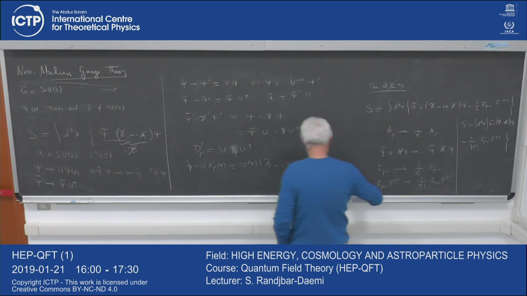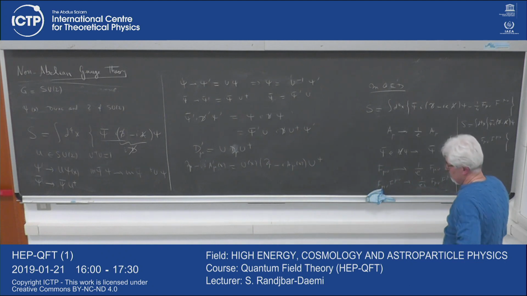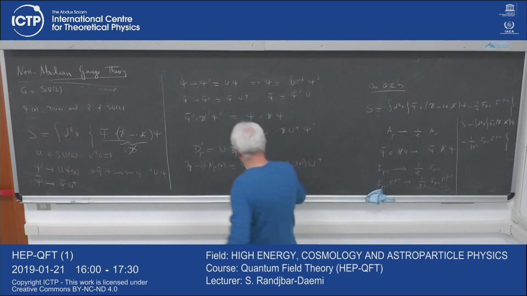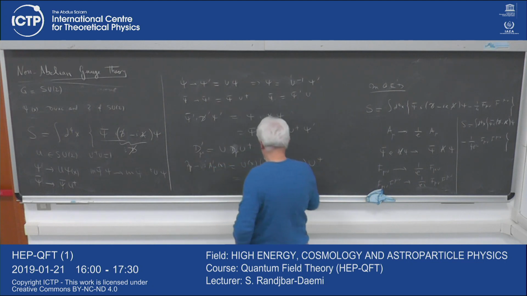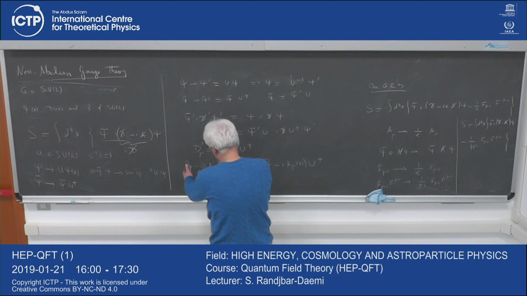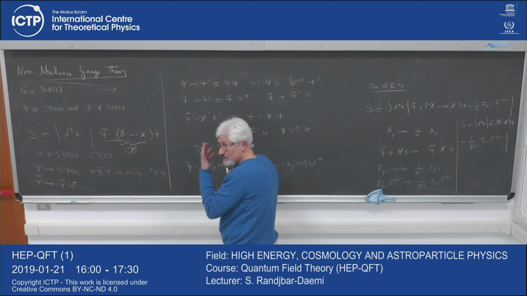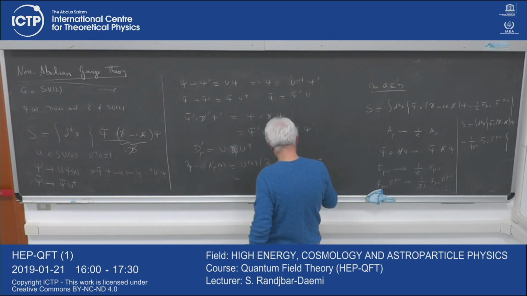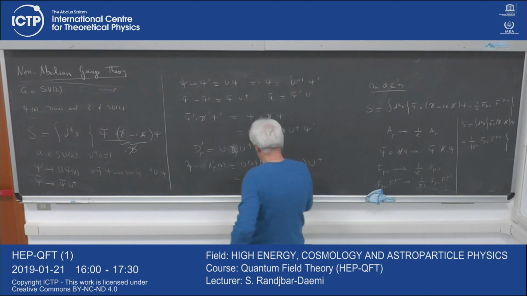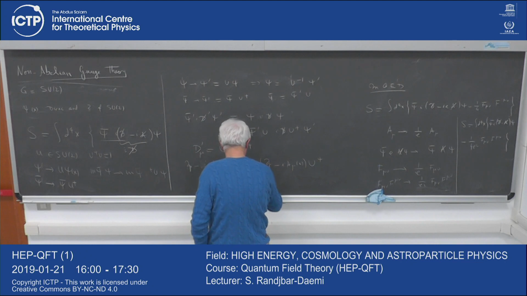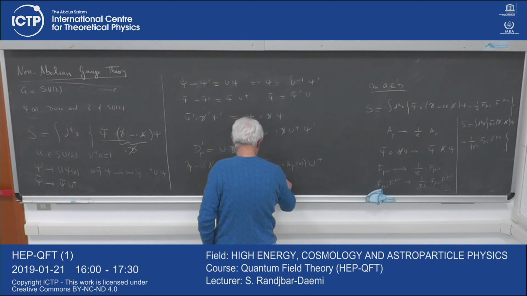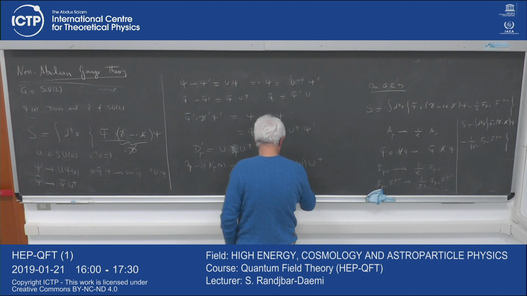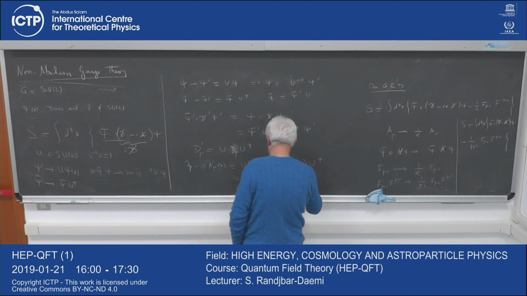When you write an equation like this, you are assuming that it is going to act on some function. You always have this in the background of your mind. So it will act on the function, and the result will be d mu plus U d mu U dagger, or U inverse, which is the same thing,